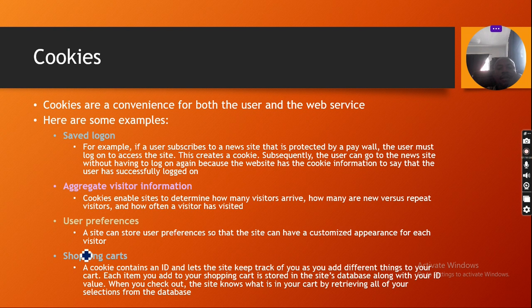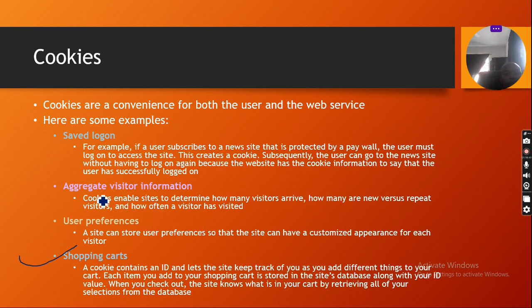Here are some examples of cookies. We have saved cookies, and then we have aggregate visitor information. We have user preferences. We have the shopping cart, the one you find in online shopping like Lazada and Shopee in Malaysia here, in the US like eBay, Amazon, and so on. Then we have the saved cookies, the ones already established between the user, the browser and the server.